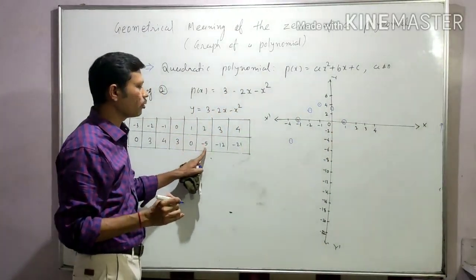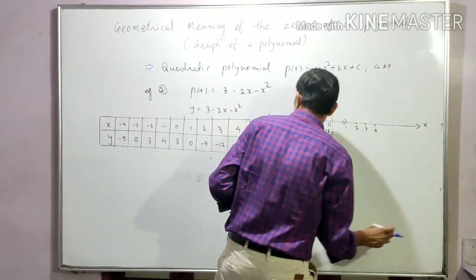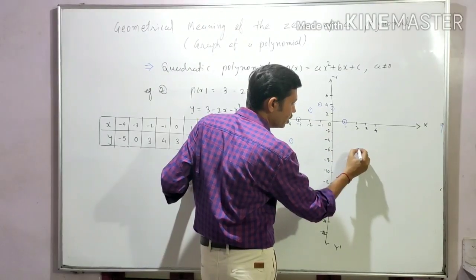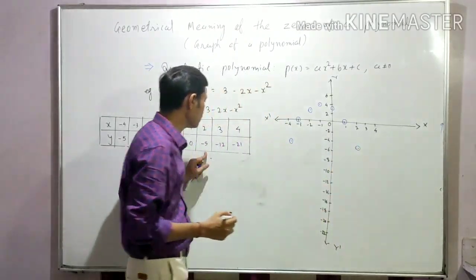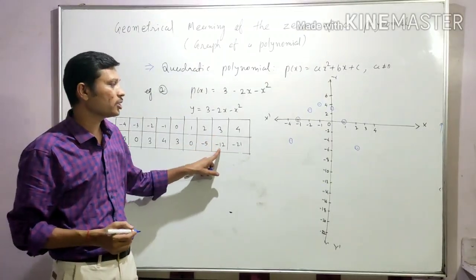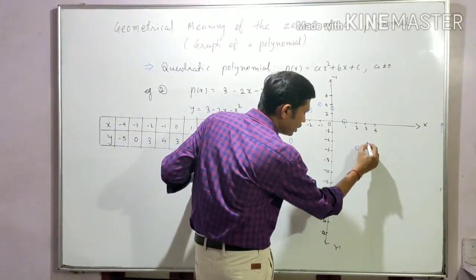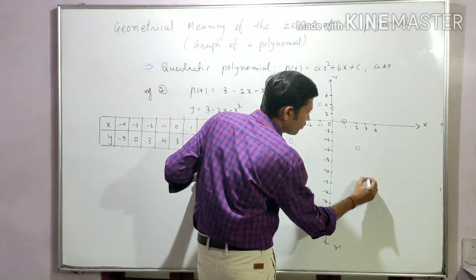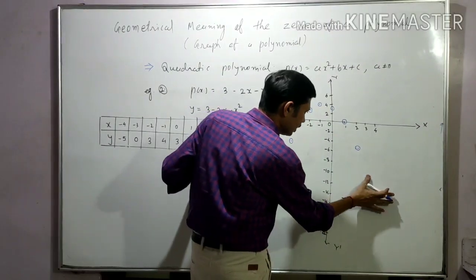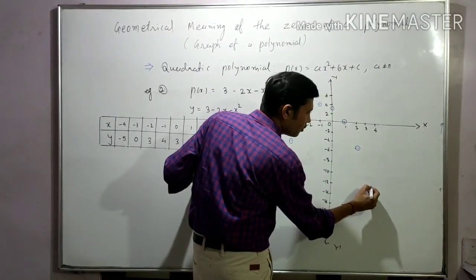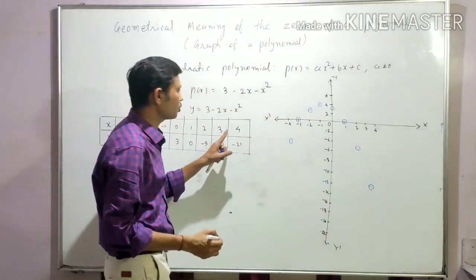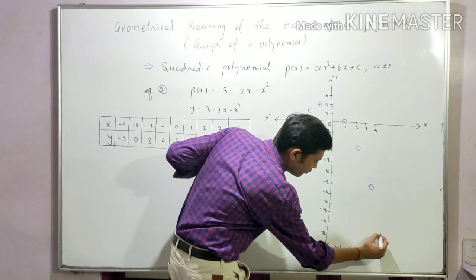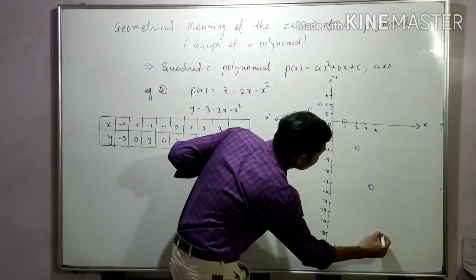The x coordinate is 2, the y coordinate is minus 5. So between minus 4 and minus 6, somewhere here, like this. The x coordinate is 3 and the y coordinate is minus 12. So minus 12, and here it's 3, maybe somewhere here, a little bit below minus 12. The x coordinate is 4, the y coordinate is minus 21, so something between minus 20 and minus 22.